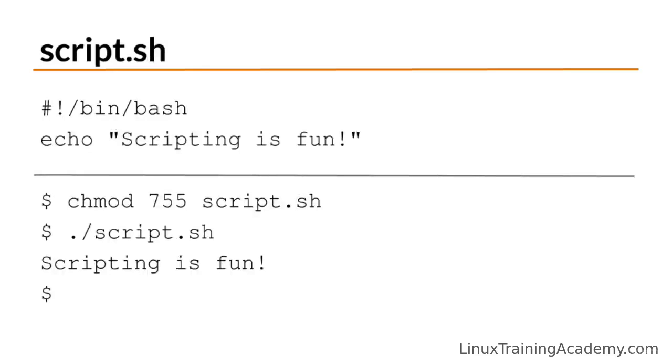Let's look at a simple shell script. Before you can execute the shell script, make sure that it has the executable bit set, so we can chmod it 755 for instance. If the script is in your path, you can simply type in the script name and it'll execute. If it's not in your path, then you'll need to give it a relative or full path to